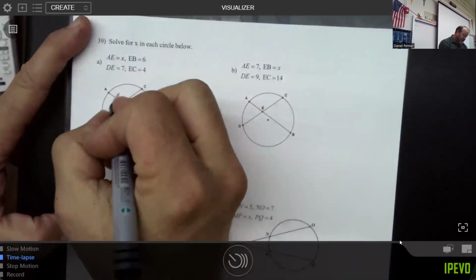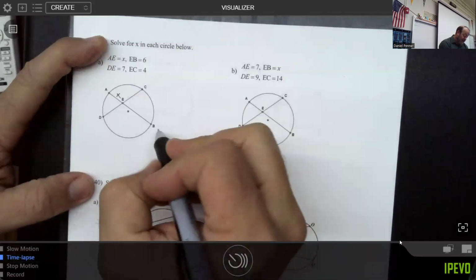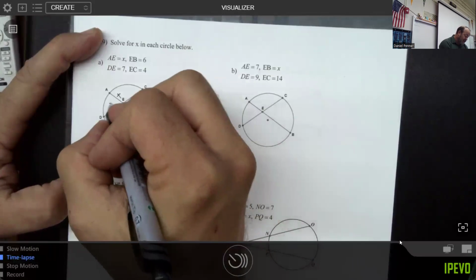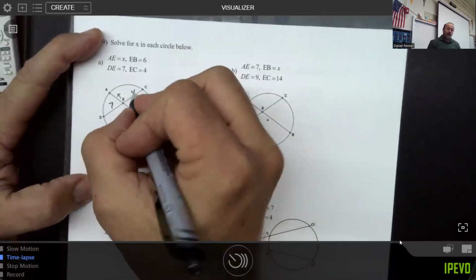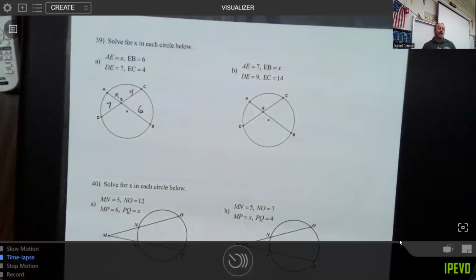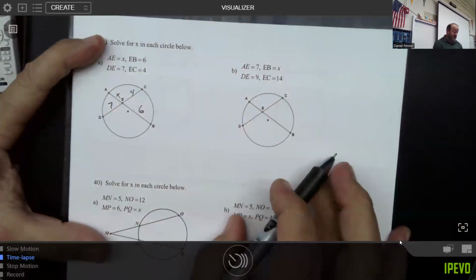AE is X and EB right here is 6. DE is 7 and EC is 4. As I've been harping on all year, I have a lot of you not wanting to take the time to write those numbers on the diagram, and that frequently leads to just unforced errors, just very simple things that you